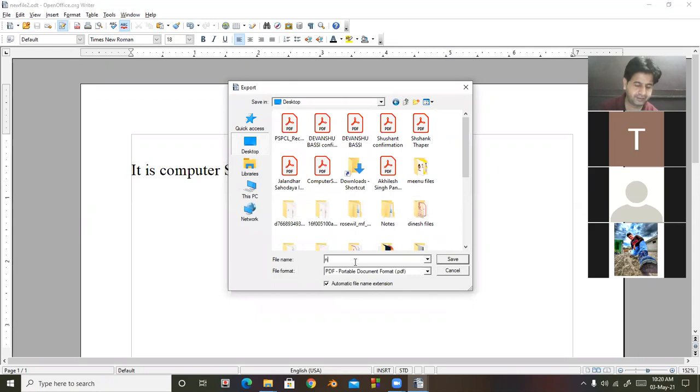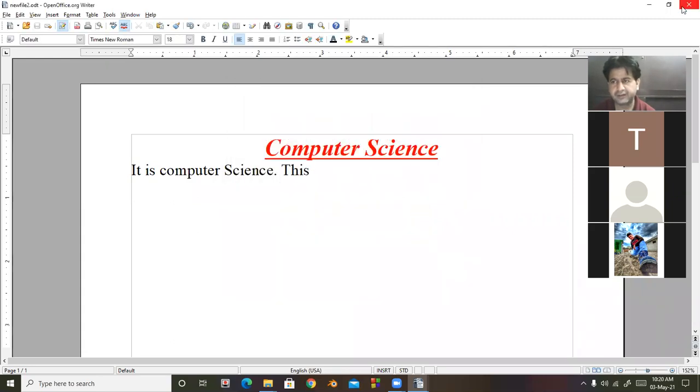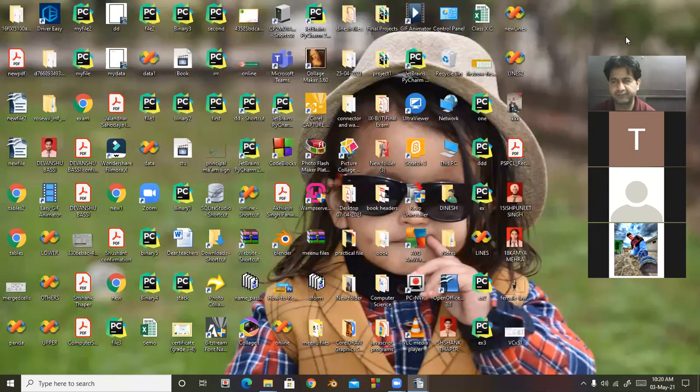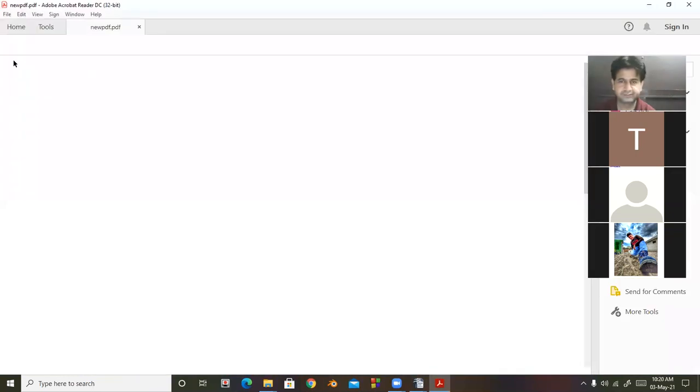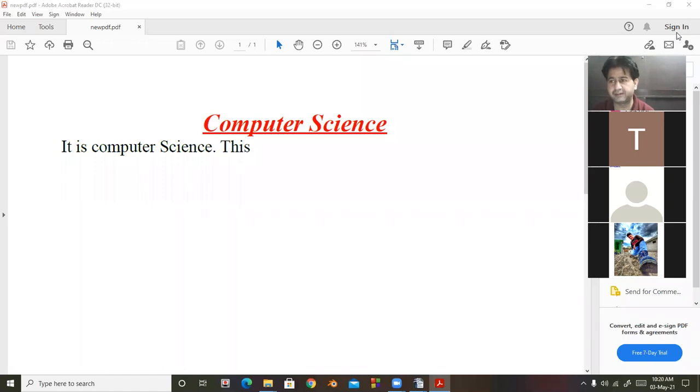Name of the file is new PDF. So I click on save button. I minimize this. Look at here, new PDF. So this is the easiest way to create a PDF file.